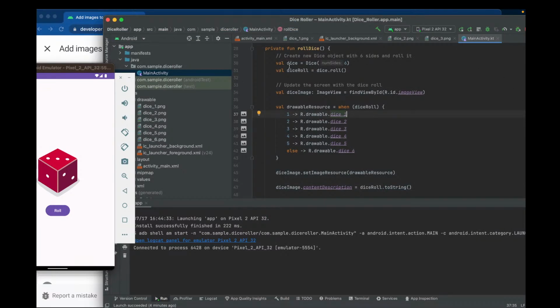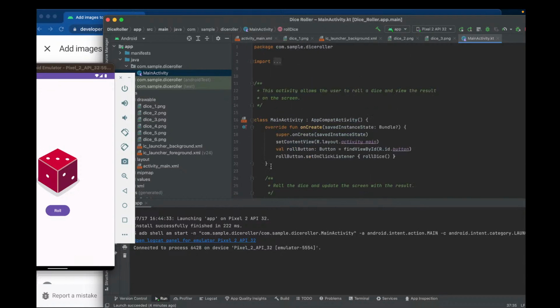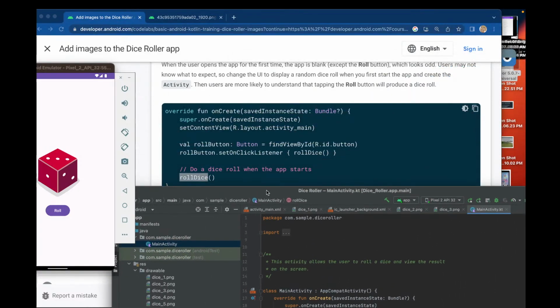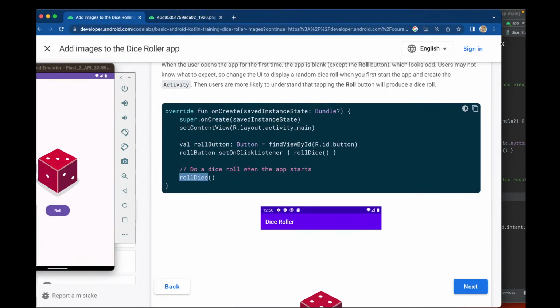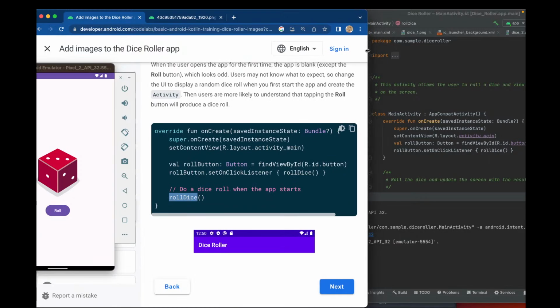So we're going to go over here to our onCreate method. super.onCreate, setContentView, val rollButton, roll.setOnClickListener, roll dice. Okay,